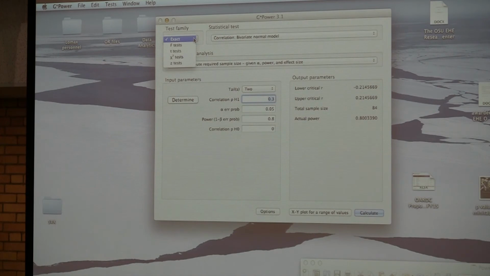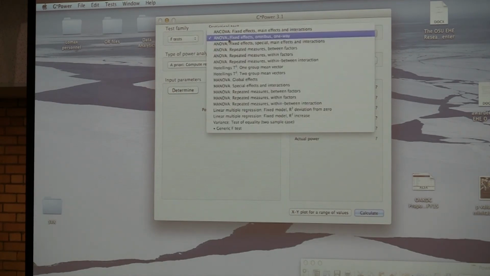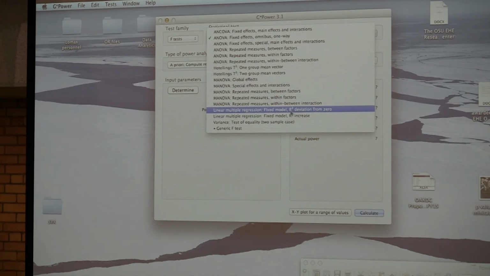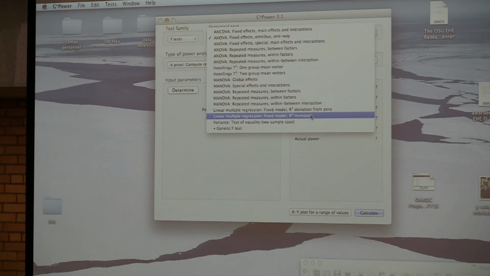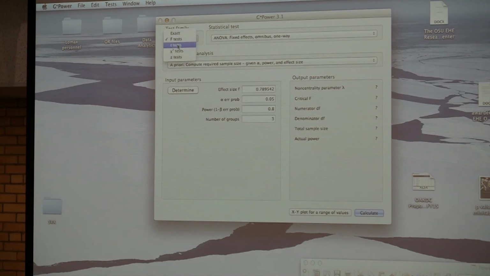So the next example I have ready is a multiple linear regression. And so for that one, we're going to go back to the f-test. And an important thing to make note of before we get to this is that under f-tests, we have linear multiple regression when you're doing your power analysis for testing how well the model fits. If you look under the t-tests,